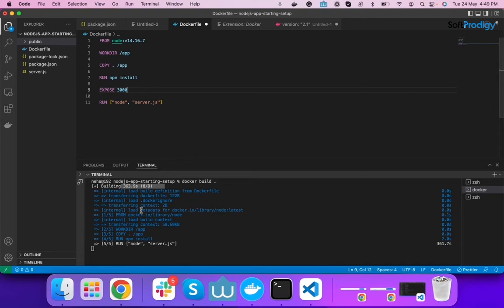But if I run the entire project with this command, it will not run my container on this particular port, because in a Dockerfile, EXPOSE 3000 is only a documentation concept. Docker is not acting on the EXPOSE 3000 command right now.